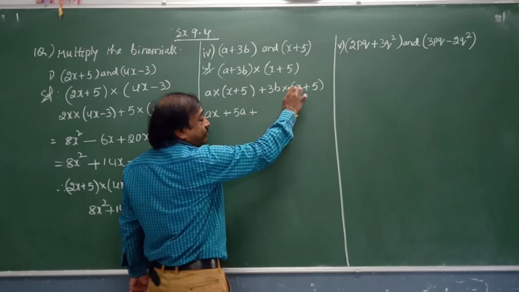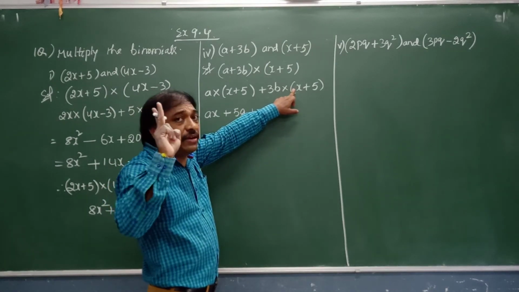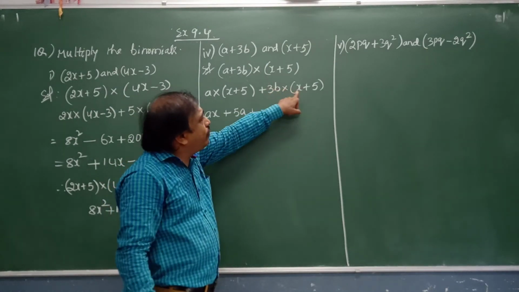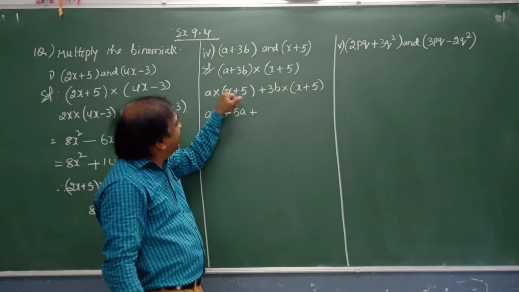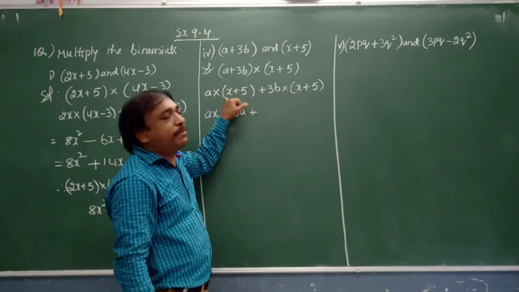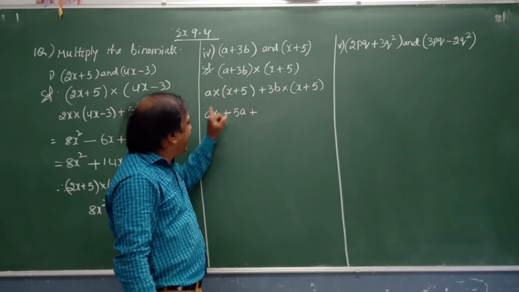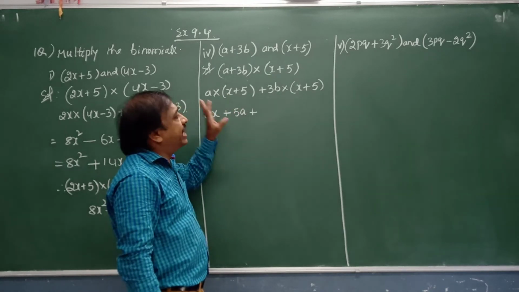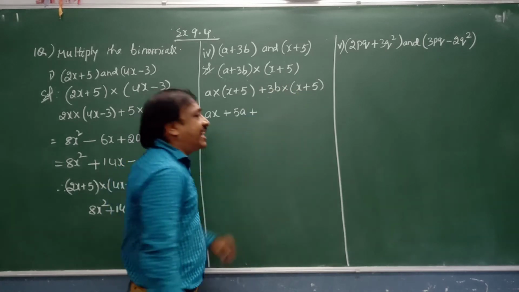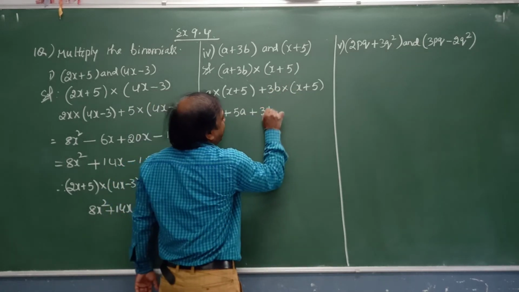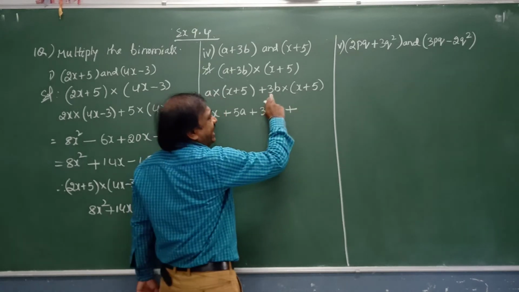Here no number. What is the coefficient here? If you don't have any number, it indicates as 1x. So 3b into 1x. Here also same thing. 1a into 1x. 1 ones are 1. A into x, ax. That meaning is that. So here the coefficient is 1. 3b into 1x, 3bx. So 3bx plus into plus, 3 into 5.